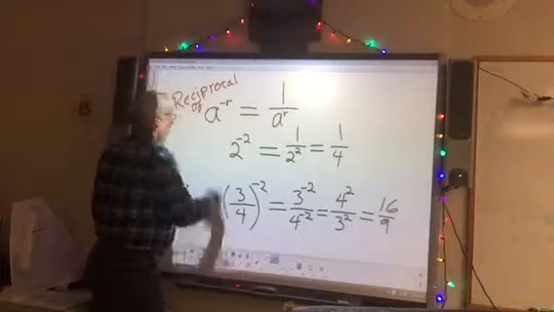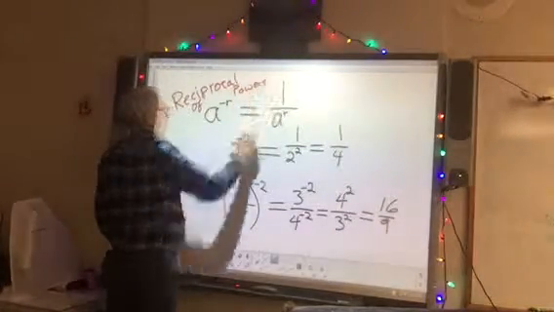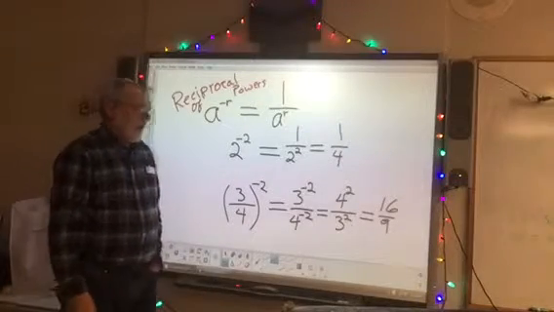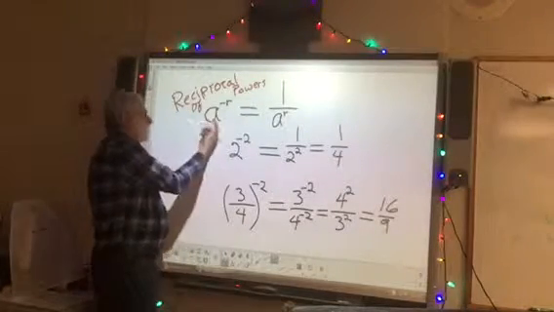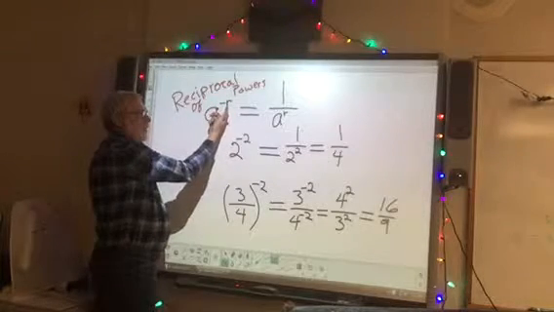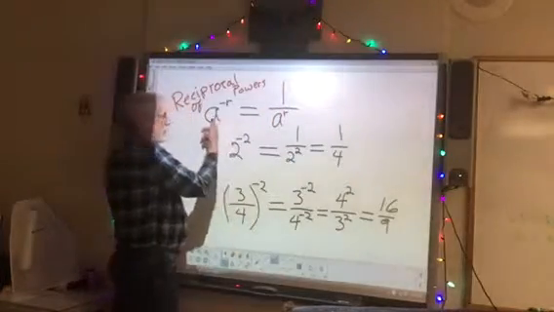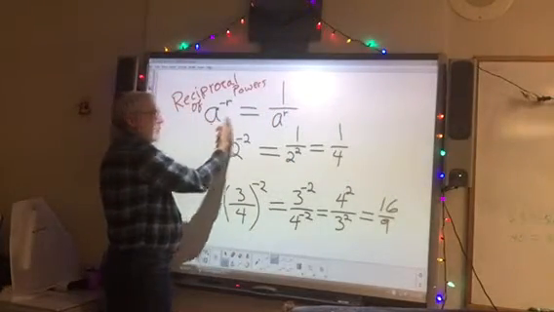So this is the reciprocal of powers. Reciprocal of powers property. How does it work? Well, if you have a base raised to a negative exponent, you can simply take the reciprocal of this. A over 1's reciprocal is 1